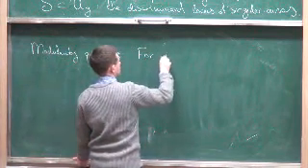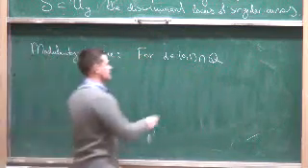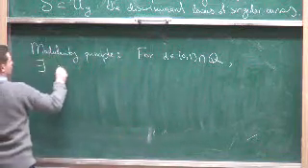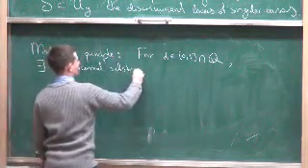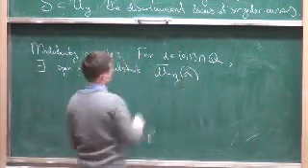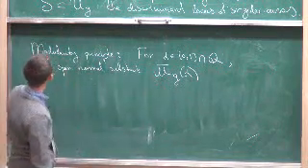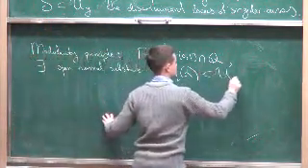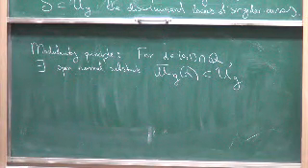For each rational number alpha between 0 and 1, there exists an open normal substack, which I'll call script M_g of alpha. This is different from the M_g of alpha before, and this is a substack of U_g. So it is a stack of Gorenstein curves,